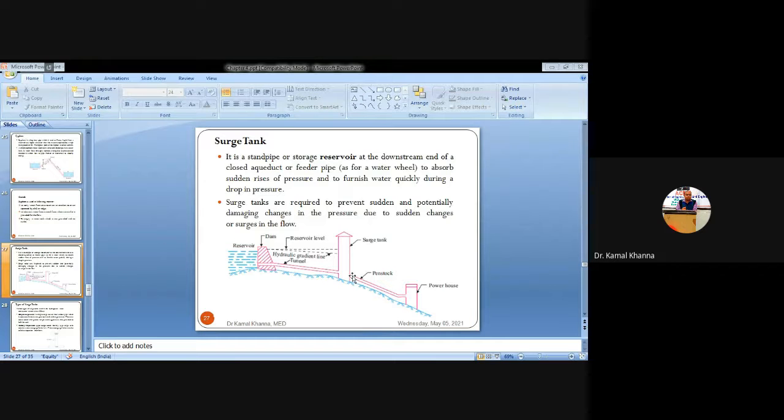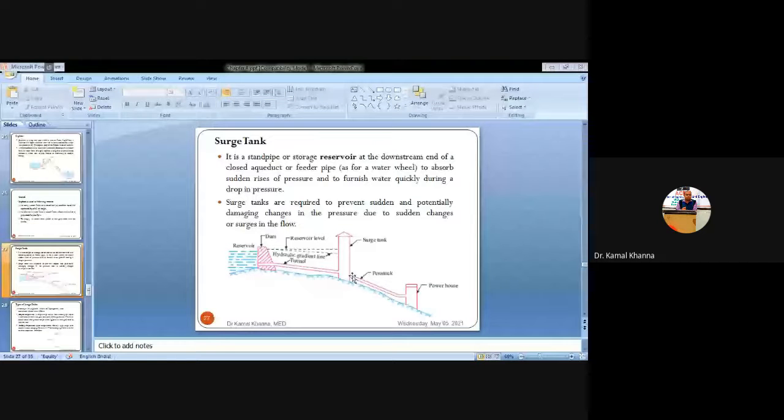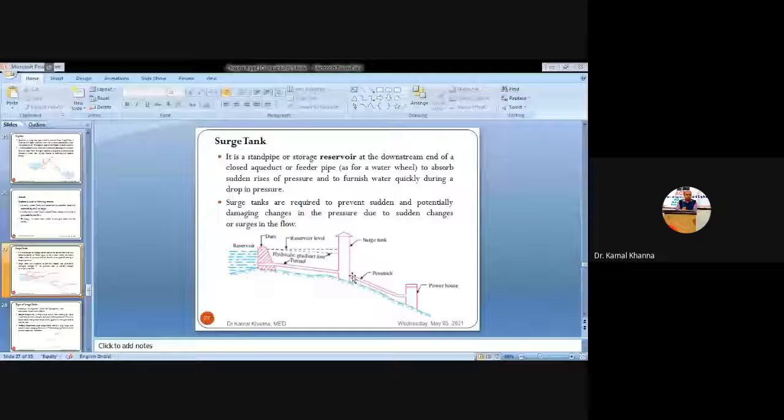So we have divided the transportation of water in two ways, or we can say in two parts. It is not transported directly from the reservoir to the powerhouse. We are transporting the water initially from the reservoir to the surge tank. The surge tank is reducing all the pressure energy, it is reducing all the sudden noise, it is reducing the water hammering, and it is reducing the acceleration of the water, so as to avoid the water hammering in the tunnel as well as in the penstock.